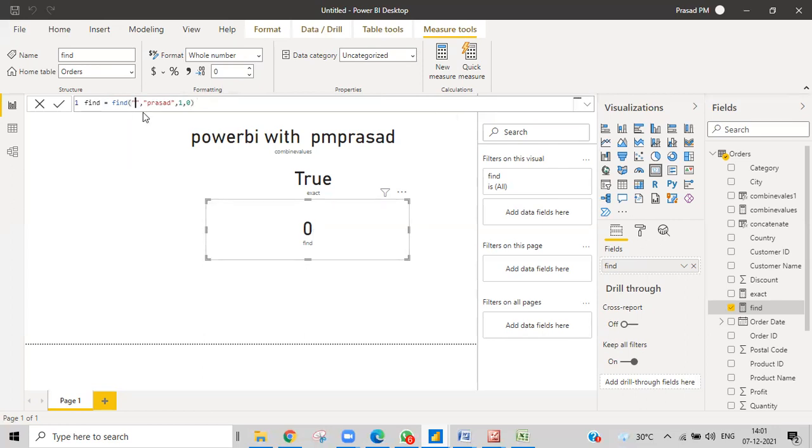Again I'll give R and check it. I'll get the position second. But again, I don't want to check from the second character; I want to check from the third character, because then obviously R will be passed. Then what will be the answer? 0 again, because after the third character there is no R. Then I'll make it 1 and check for A, and I'll get the third position.